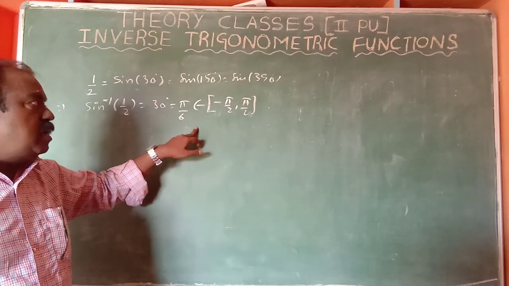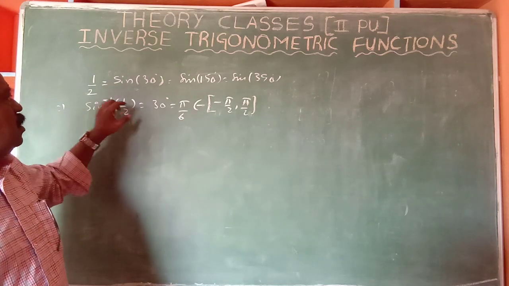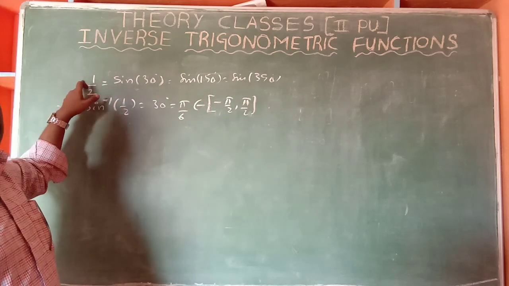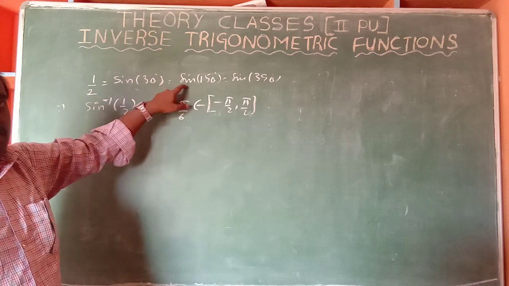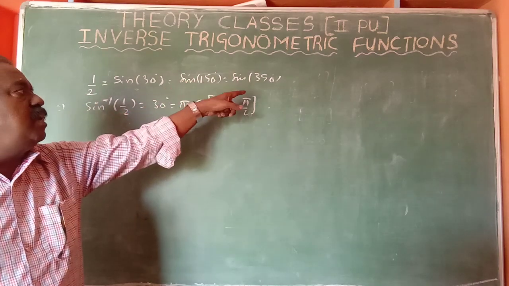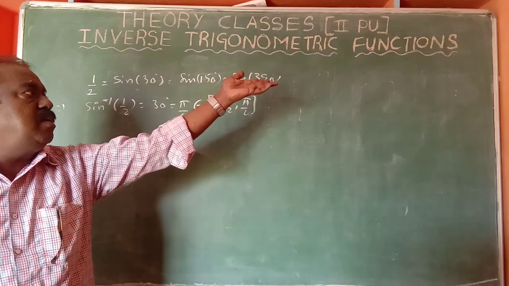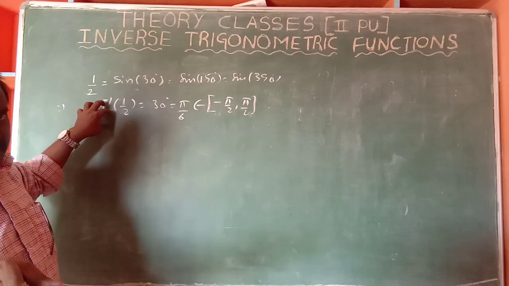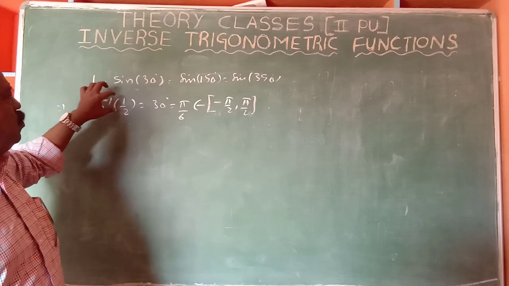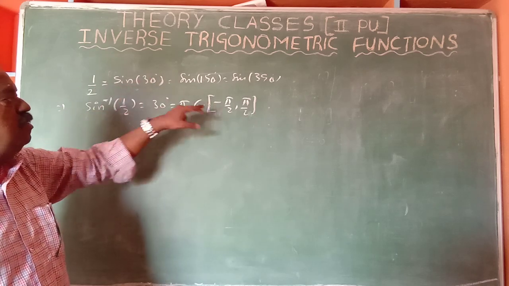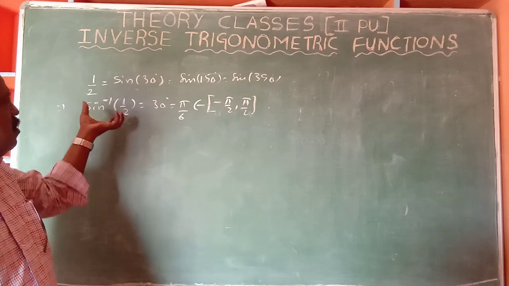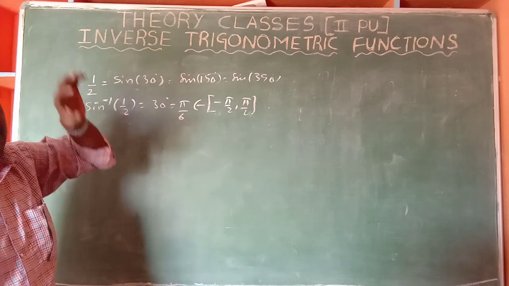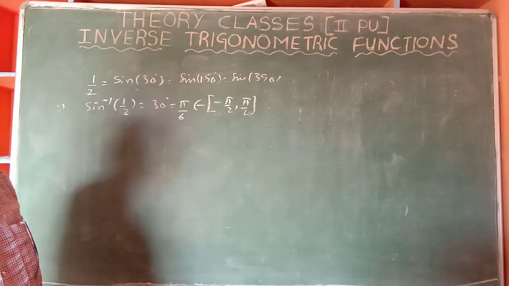Why? Because it is already taught in the trigonometric equations. Not 150 degrees, though sine 150 is 1 by 2. We should not take the value 150 or 390 or anything else. Unlimited number of angles give the same value 1 by 2, but the very first value you have to take. That is the rule. So sine inverse 1 by 2 is pi by 6, 30 degrees. So here inverse is needed to find the angle. That is the purpose of knowing this chapter's concept.